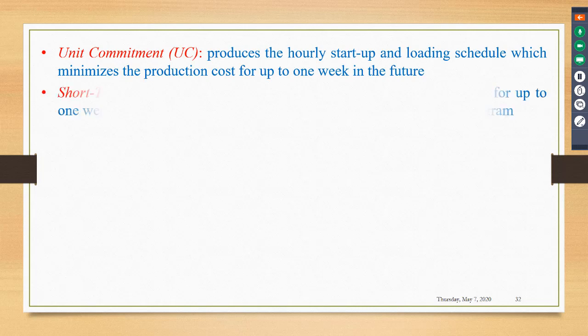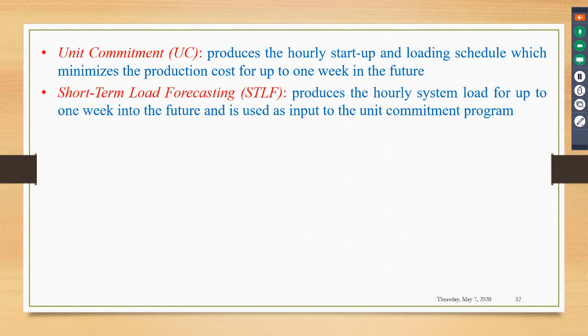Unit commitment is another function. It produces the hourly startup and loading schedule, which minimizes the production cost for up to 1 week in the future. Then the short-term load forecasting. It produces the hourly system load for up to 1 week into the future and is used as input to